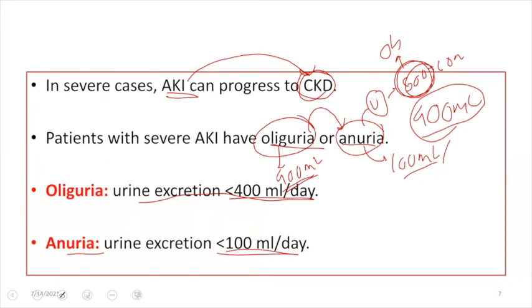And you should be knowing the fact that 500 ml urine formation is the obligatory urine volume that should be formed to get rid of all the unwanted substances. And if we are forming urine less than 500 ml, then basically we are accumulating the unwanted substances in our blood, and that is manifesting as acute kidney failure. So what are the etiologies of acute kidney failure or acute kidney injury?